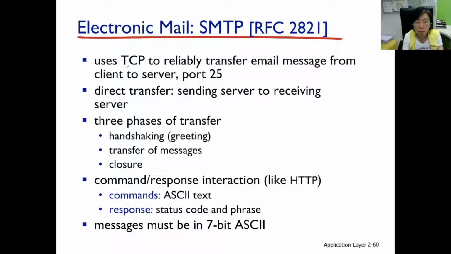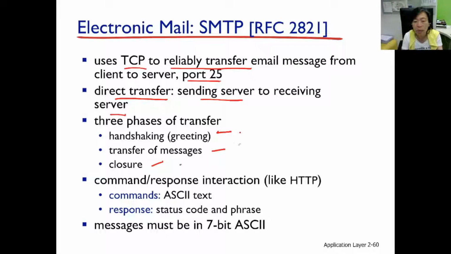So let's see what the underlying protocols are, what the communication model is, and what messages are defined. It runs on TCP, therefore SMTP supports reliable email receiving service. It runs on port 25 and the transfer is direct between the sending and the receiving server. The exchange is very simplistic, three phases: handshaking, then transferring of the emails, and then closing.